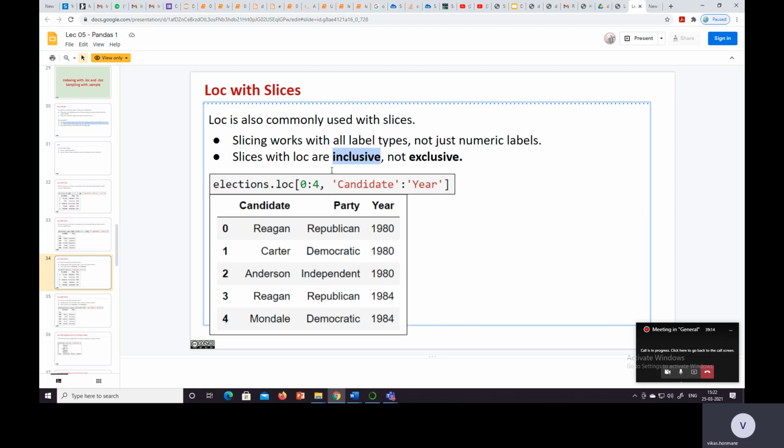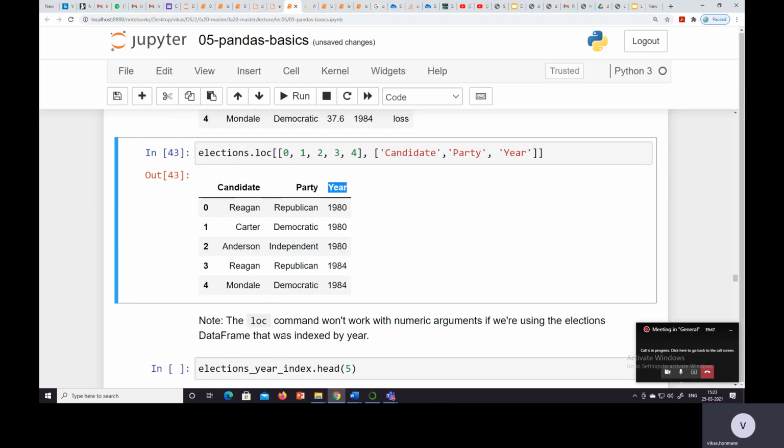In Wednesday's lecture we have seen slicing, which is exclusive. Here, whenever we say 0 to 4, we'll get all of 0, 1, 2, 3, 4. In other places we discard the last one, but loc is inclusive. And candidate to year means all the columns in between will be displayed. So let's see the code for the same.